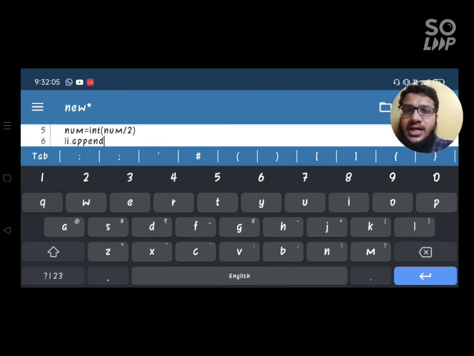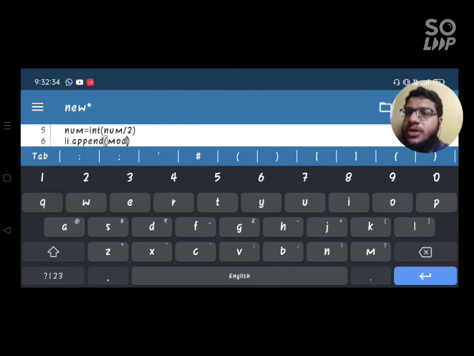Why have I used this append function? This is a list function. If you have not known the list function, you should go through that, because we should know the basics of Python to do this programming. Through that append function, I will type in here mod. Whatever value is stored in the mod variable will be stored in li, that is the list, and it will be appended one by one inside the list.